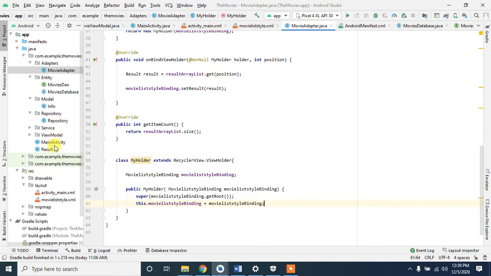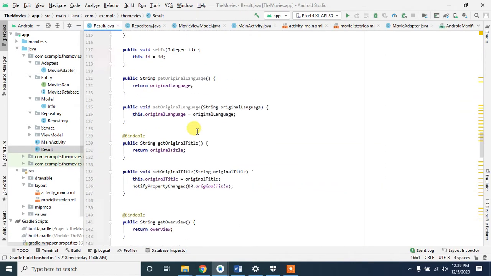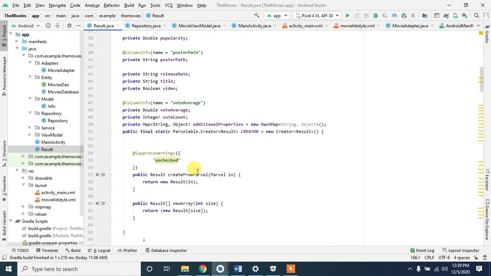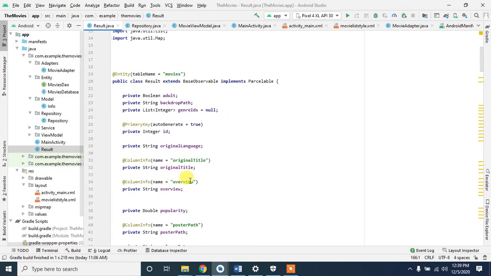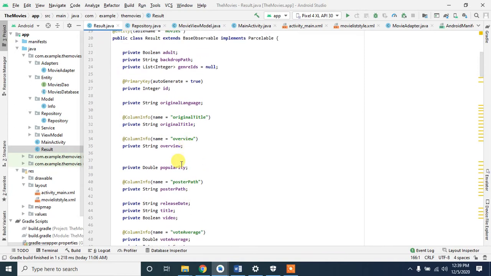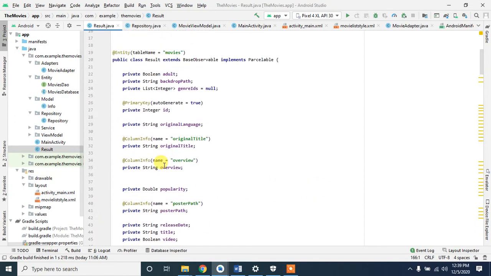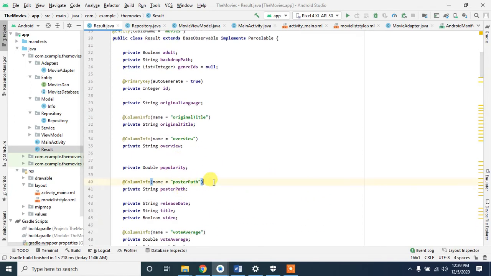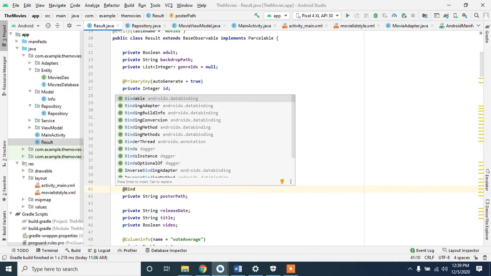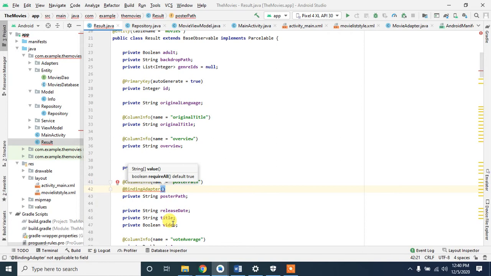So what I'm trying to do here is, first of all, I was telling you for the image, we need to work, and in our model class, we have to create a small adapter to load images for us, and we will do that right now. Then we will move to our main activity and just load the movies and also add the movies. So the method here is our get poster path. What I'll do here is I will annotate it as binding adapter, and I will name this adapter as poster path,